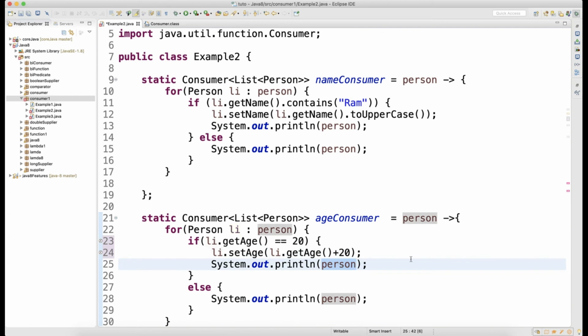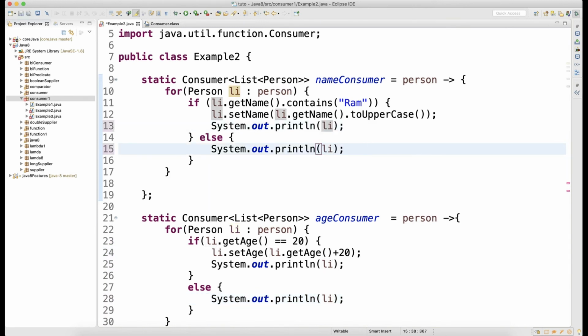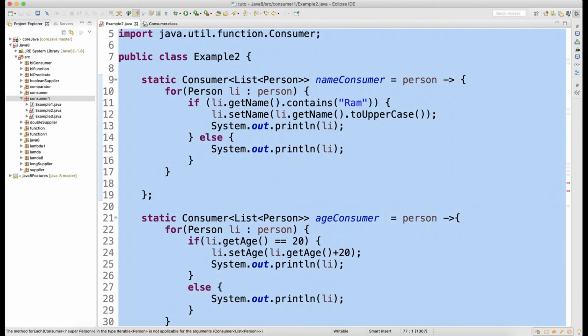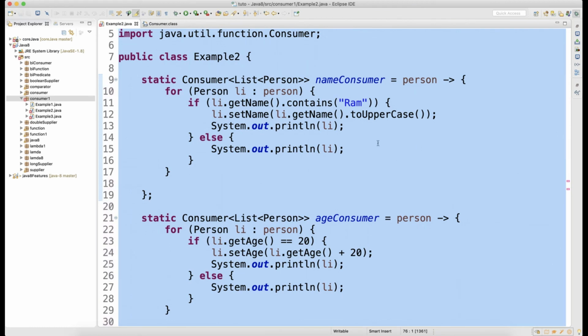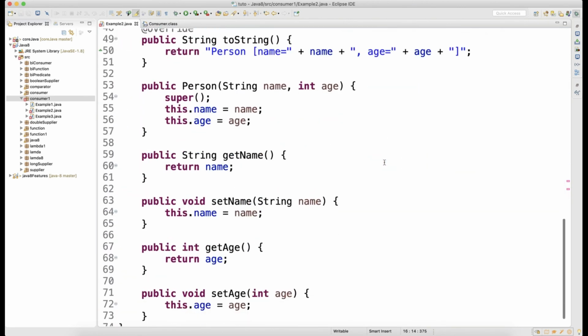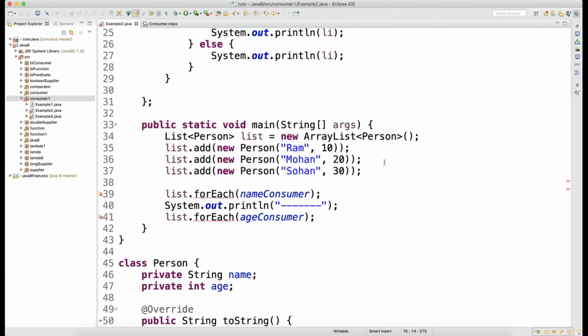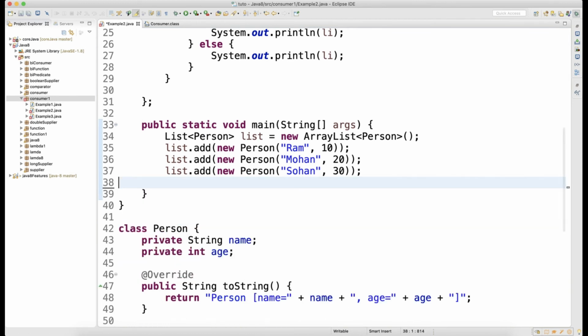And whatever you print here, just print li, don't print the entire thing, just print li, one object. So li is nothing but your person object. Control A, Control Shift F. So same example, I just did a little bit of modification. Clear? Now I am not going to use this consumer anymore.